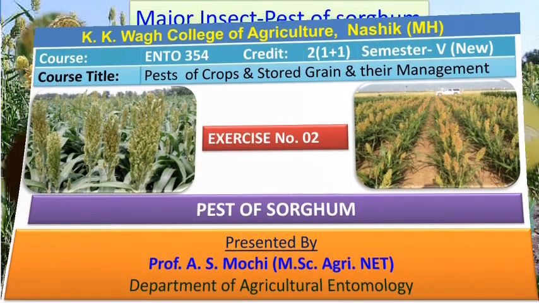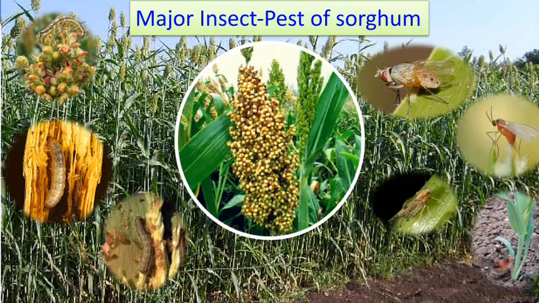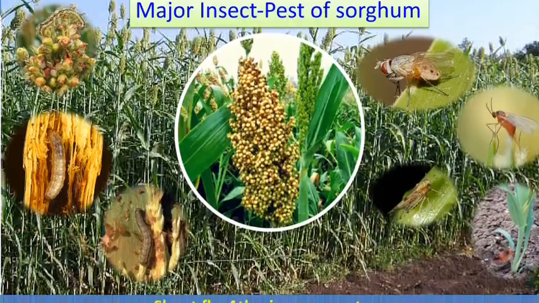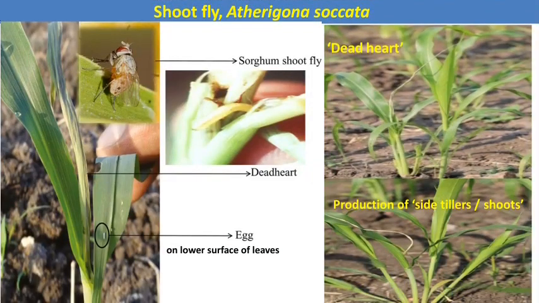So let us see which are the different major and minor pests of sorghum which cause yield loss in sorghum cultivation. The first one is shoot fly, also called stem fly, and the species is Atherigona soccata. It is a fly. The order of this shoot fly is Diptera, and it has complete metamorphosis, hence having four life stages: egg, maggot, which is the legless larva, pupa, and adult.